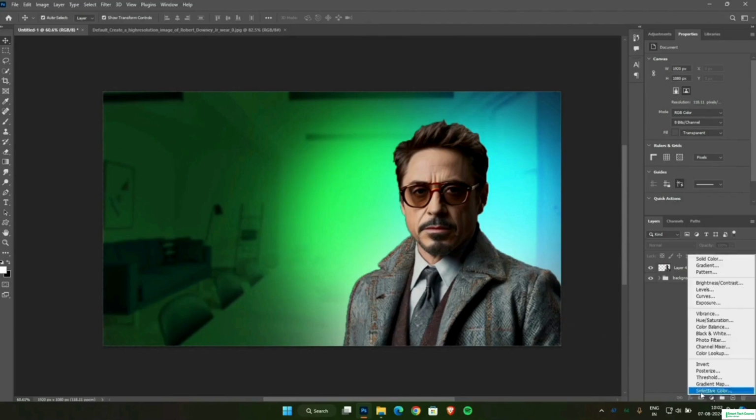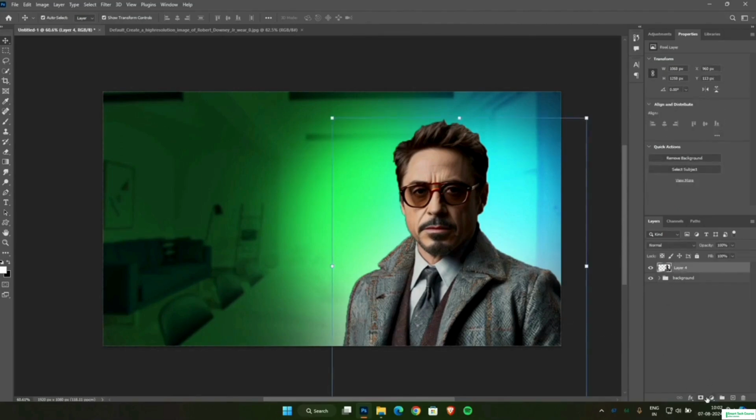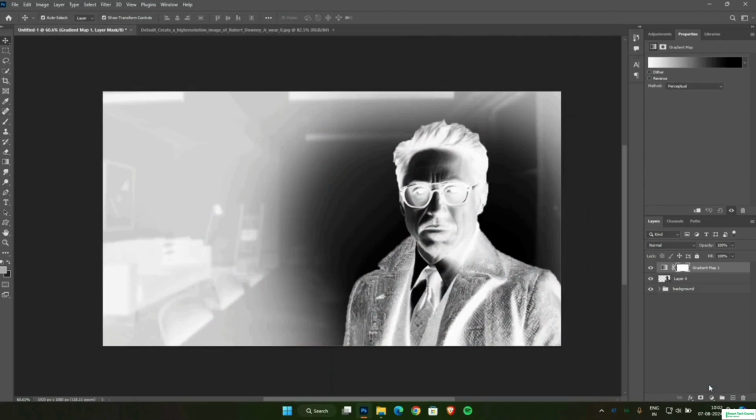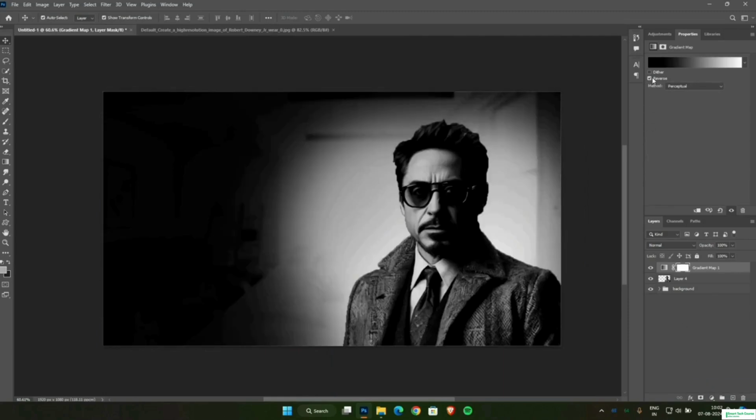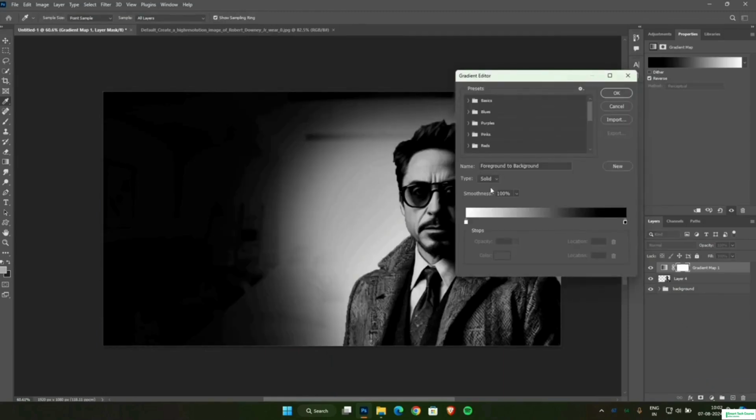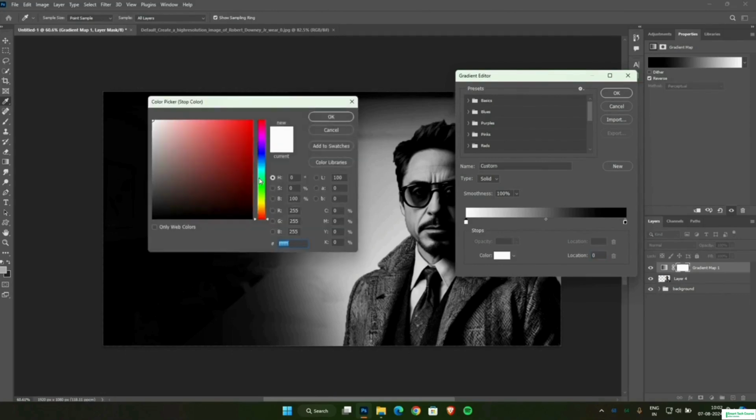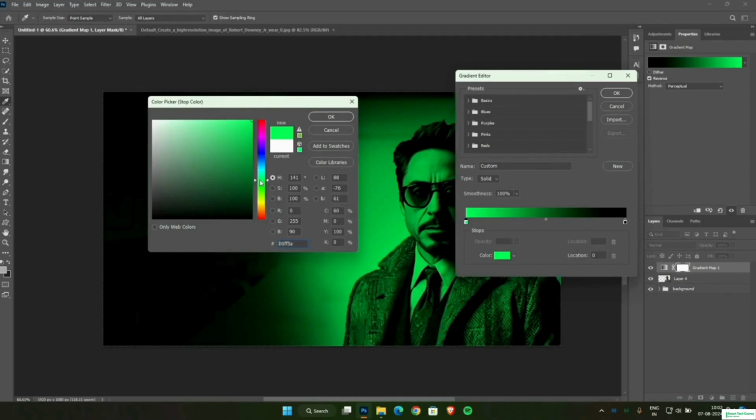Now we will go to the layer section and select our models layer. Then right click at the bottom and click on gradient map. After that, in properties we will check the reverse option and then open the gradient editor. And now we will choose the green color from here